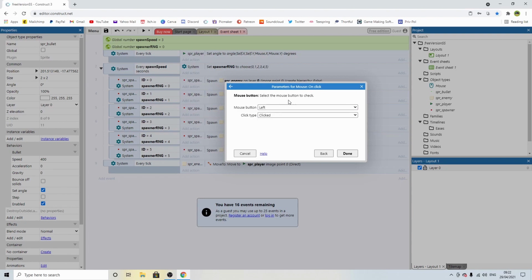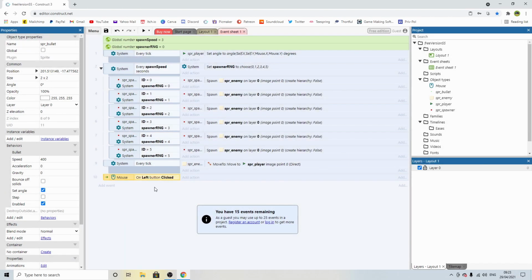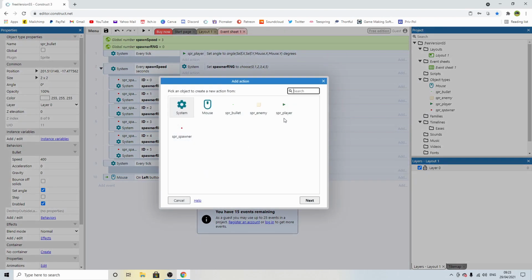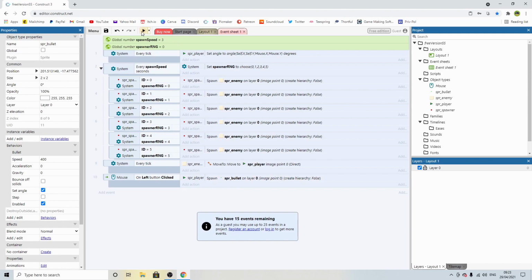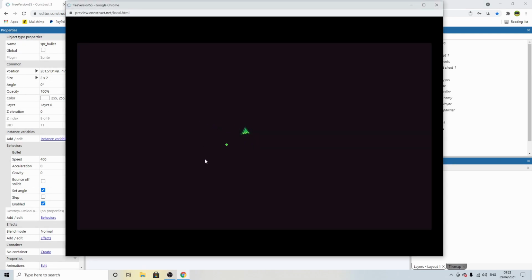So for example, if you had 2 weapons, you could have left click be the machine gun, or you could have right click, which would be throw bombs or whatever. We're just going to say left click now, and you can choose click or double click. It's just going to be click on left click. And then we're going to add an action, and we are going to say player, and we're going to get that player to spawn in the bullet. Spawn another object. That object's going to be the bullet at layer 0, image point 0, and we're going to click done. Now when we play it, you'll see every time we click,